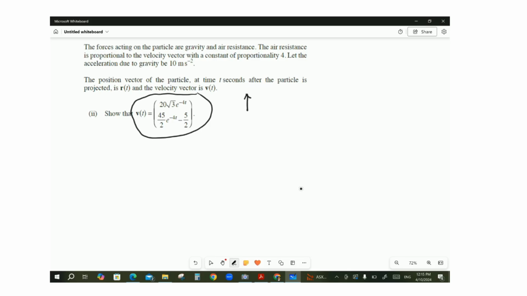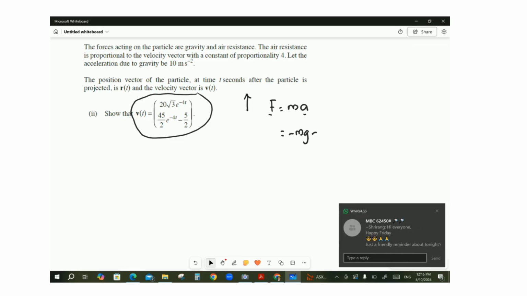Along the vertical direction, if I use F equals ma, then we know that the force is equal to minus mg because of gravity, and minus